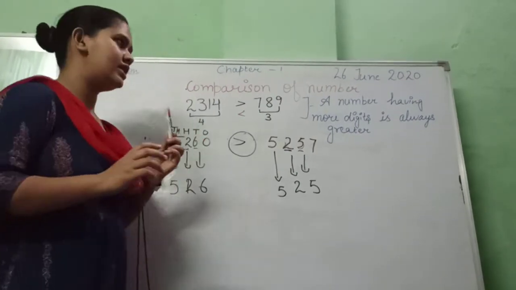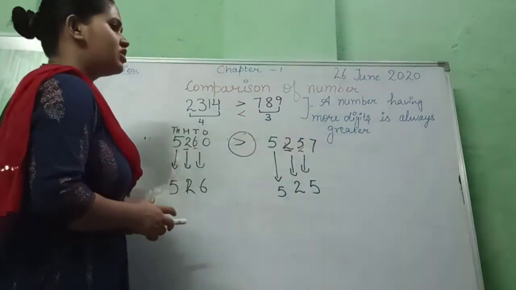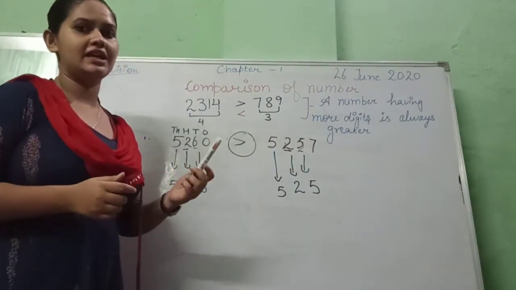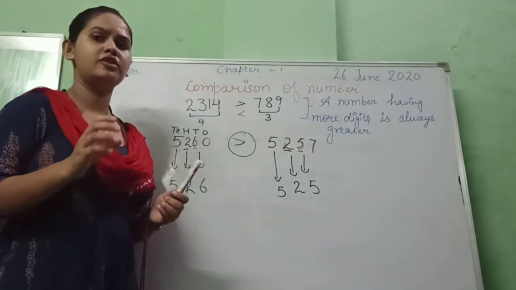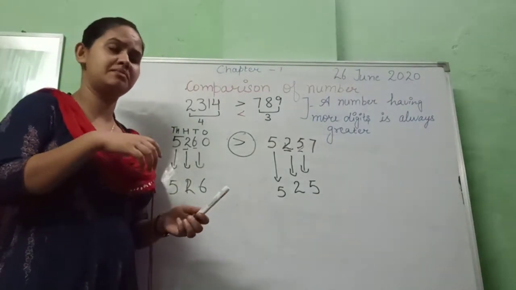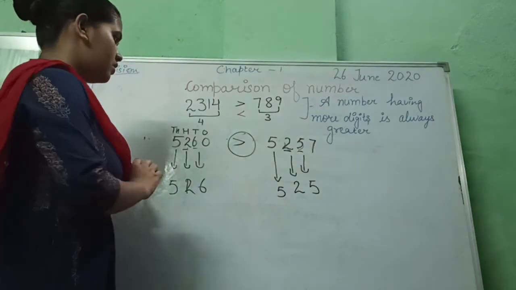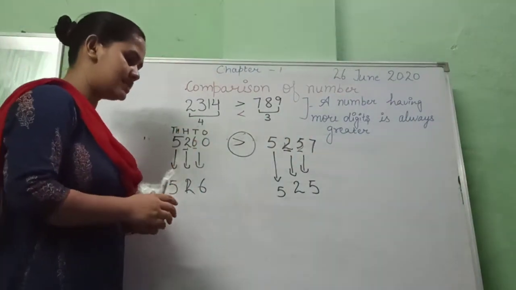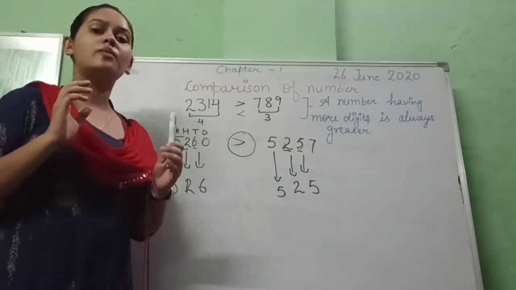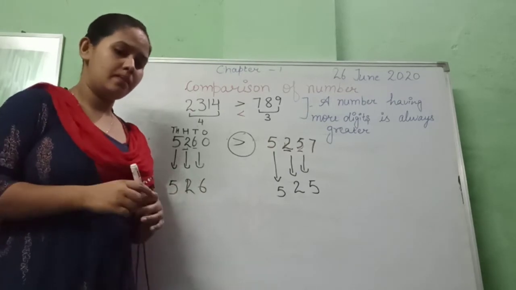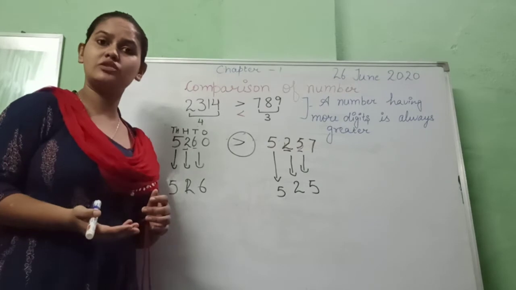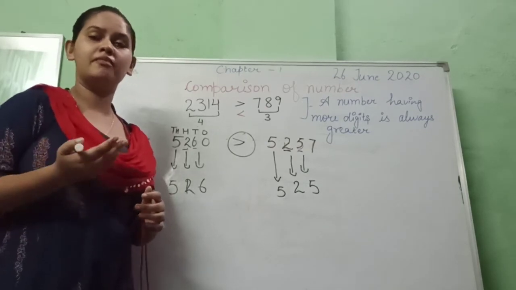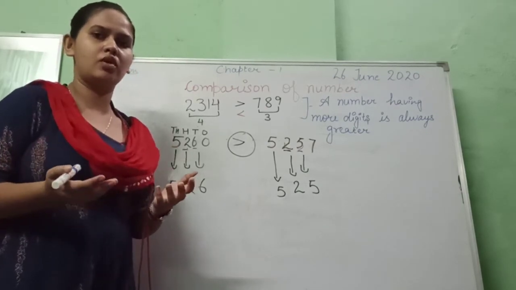In today's class, we learned about the comparison of numbers, and the expanded form of digits, and number and numeration, the real meaning of number and numeration, and how we write number names and numbers. So in this way, we learned two things in today's class. I will give objective type questions to solve. But if you want to do more practice, you can do this exercise at your home too. This will be very beneficial to your work, right?